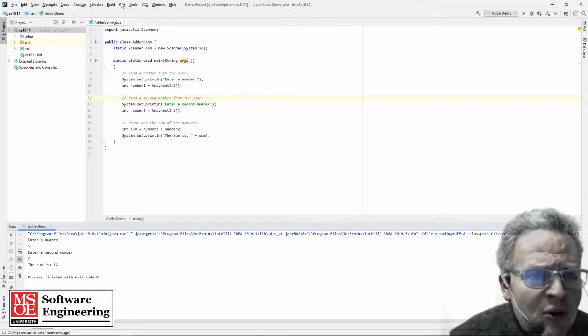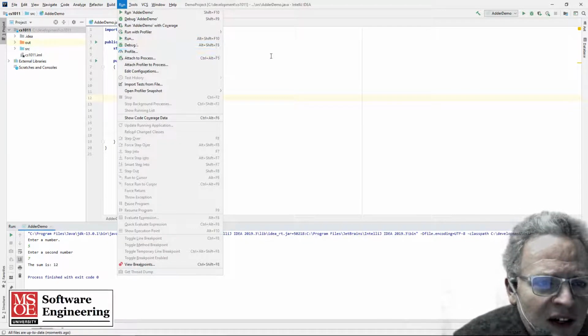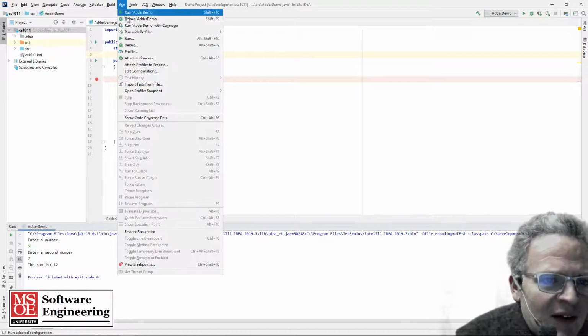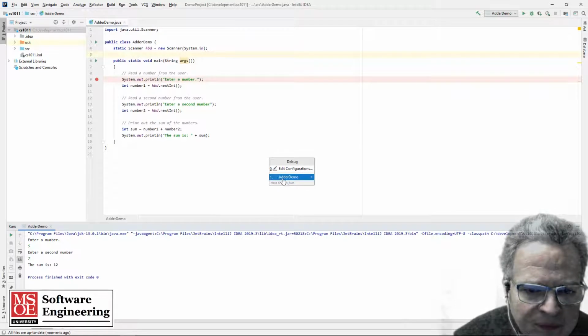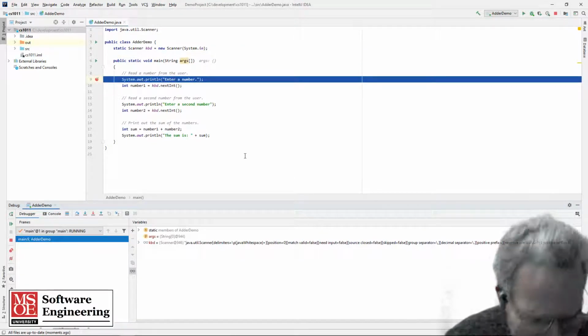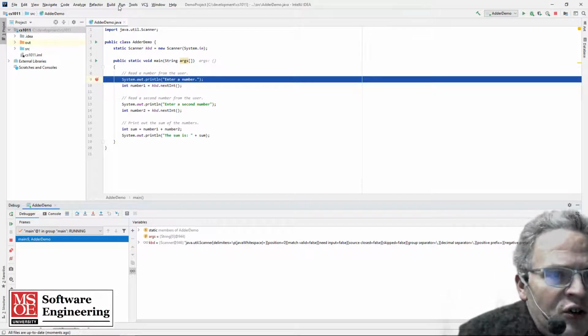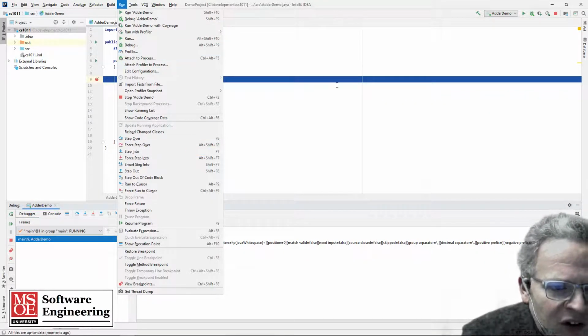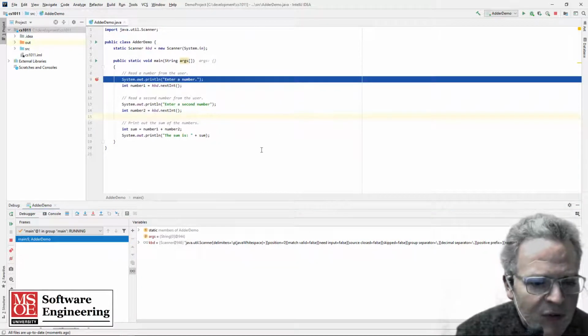I can also go through here and essentially if I set a breakpoint by double clicking over there, you see the little red stop sign. If I go to debug, now what will happen is the code will run, it will stop right there, and I can use the debugging symbol or debugging code, see, F8, F7, so on and so forth. So I'm going to press F8 and we'll see